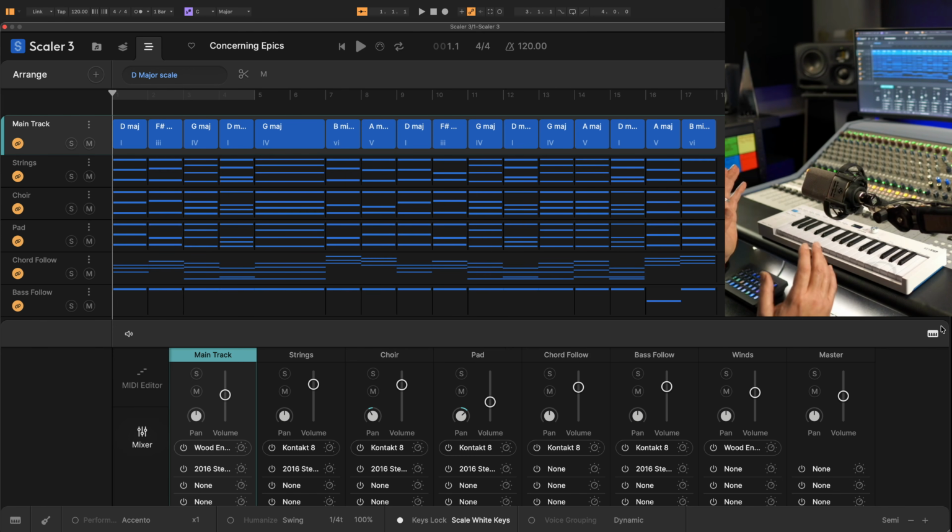So here I've loaded Concerning Epics, which is one of the many new presets and makes up part of a huge content drop in Scalar 3.3. We'll talk more about that later, but I've multi-bound every single lane and I've added some nice Kontakt instruments, and now I've got this kind of chord progression. It enables me to really kind of, okay, do I want to stick with or do I want to play with the chord progression and what sounds right,